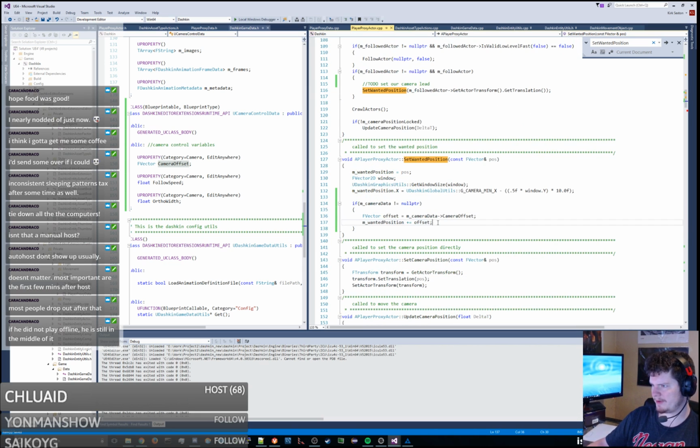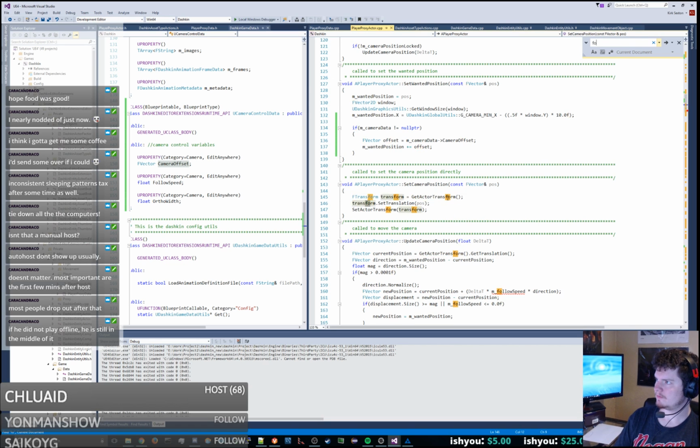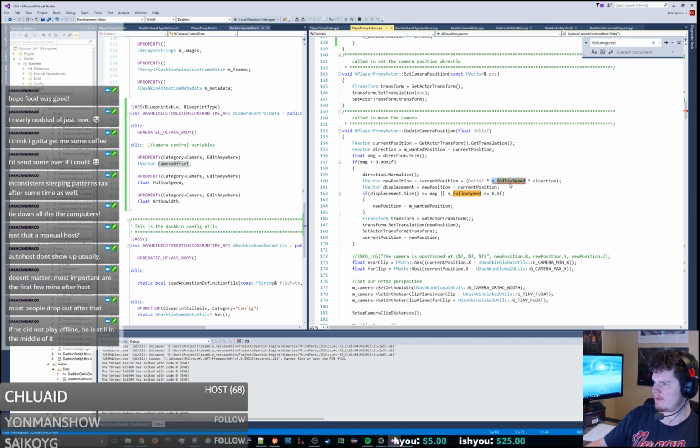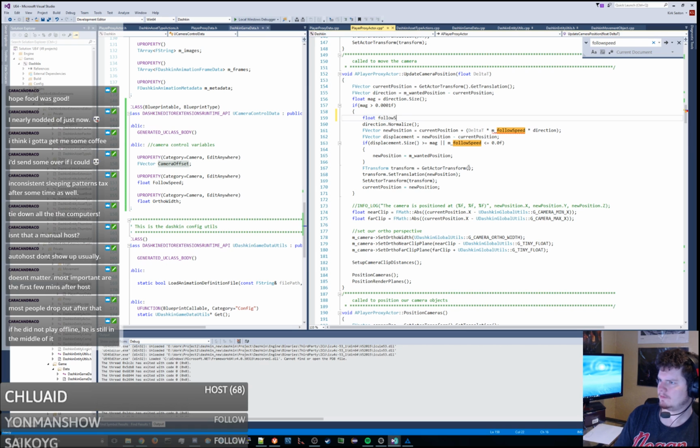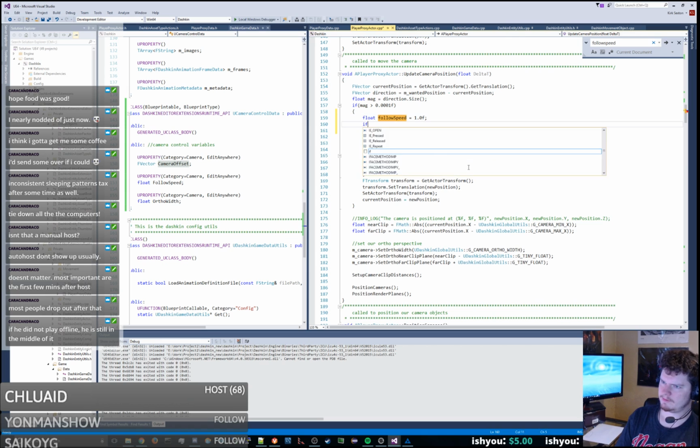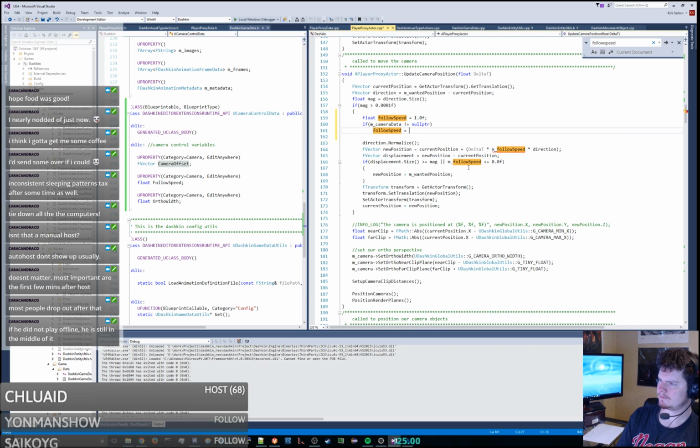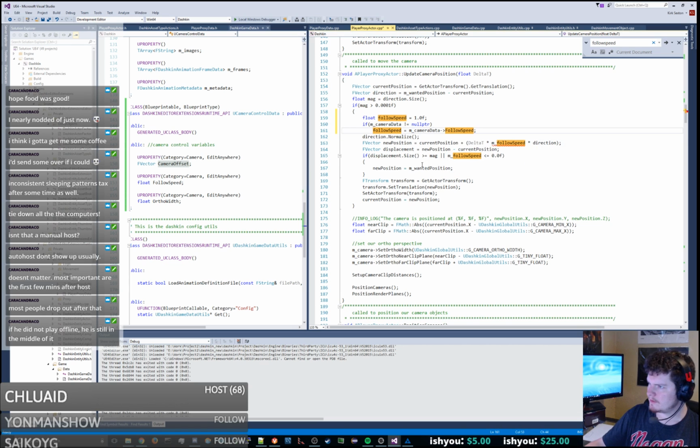So we'll just not worry about that for the moment. Alright, so our float follow speed, we're going to initialize it to just nothing. The reason we're doing null pointer checks is just because